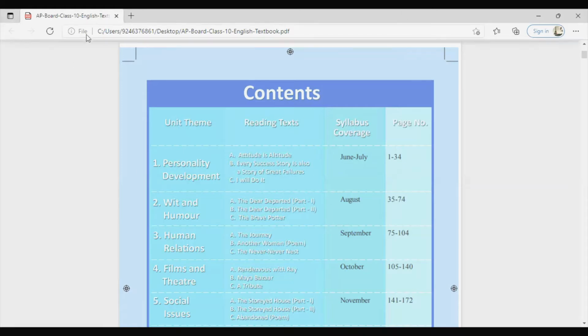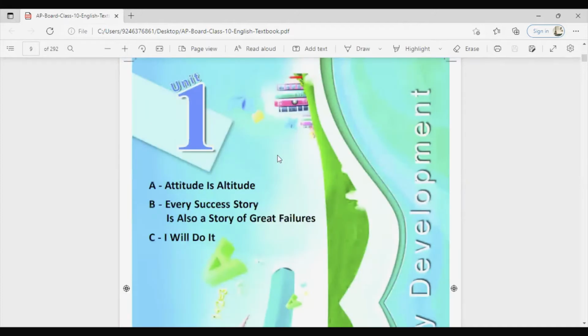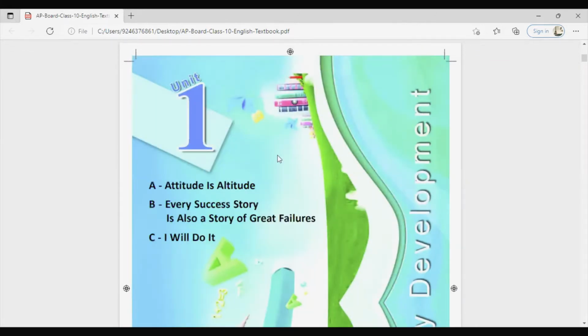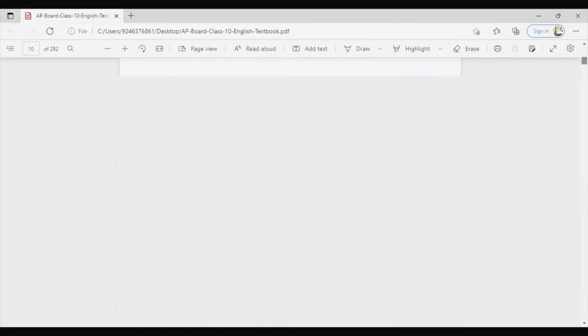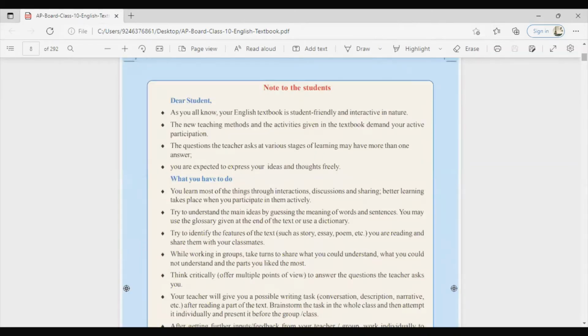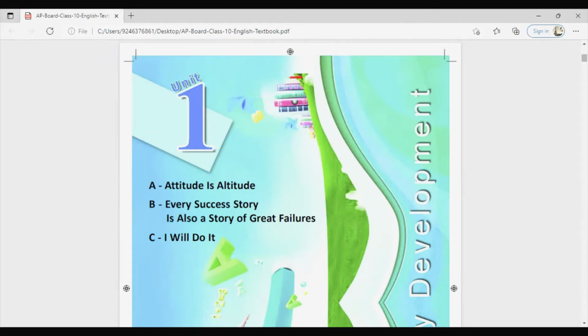So how many types of personality development are there? Yes, there are basically 5 aspects in personality development. This page which I am showing you is called a style sheet, where you will have the theme, personality development. I think you already have the textbook with you. It will be more appreciable if you take your textbook along with you, take a pencil, sit, and then discuss all these things.